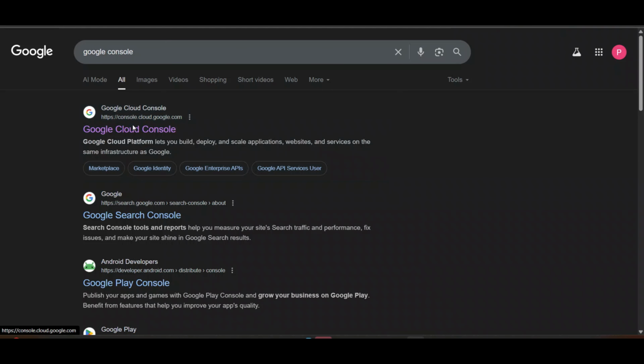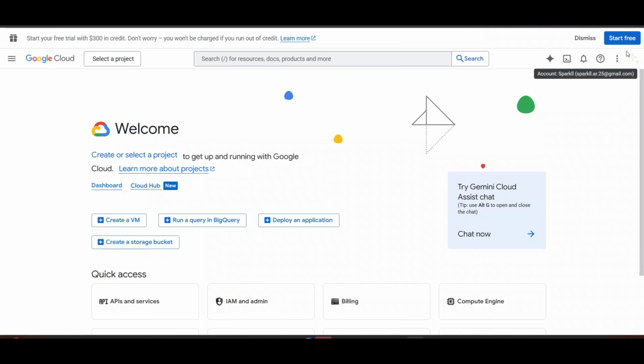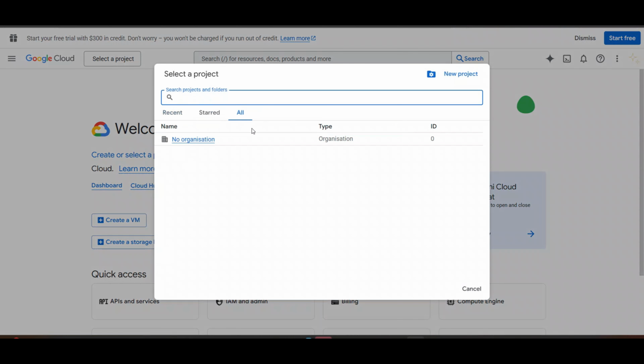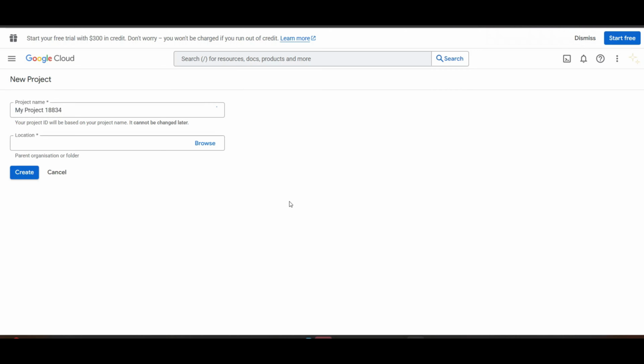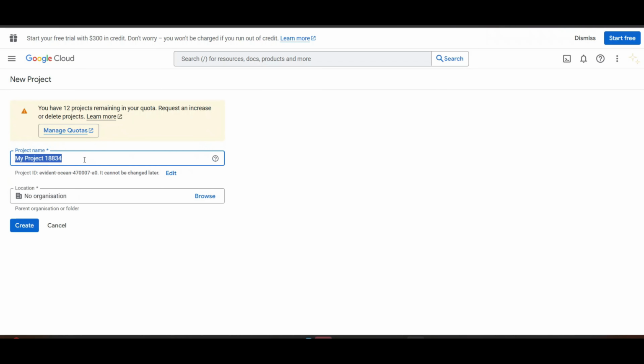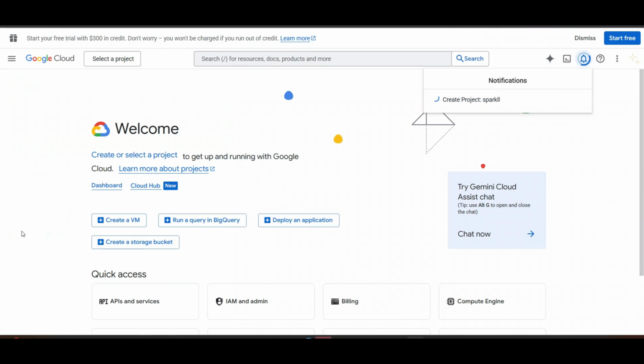Here, Google. Select your email ID from here, whichever you want to use. This is your email ID. Now, let's just leave the project. First, we need to create the project, because if you already have a project, then add it in your project. Otherwise, click on new project. You can name your project. Create. The project has been created. Now, select the project.